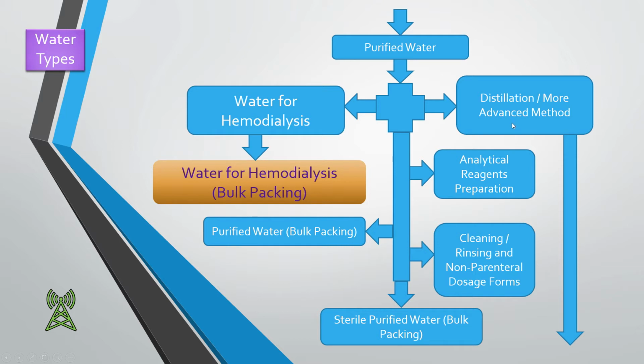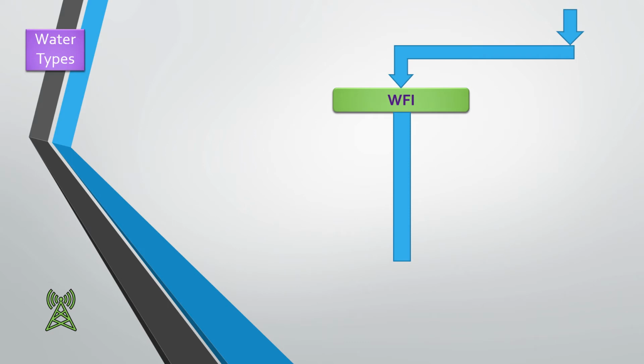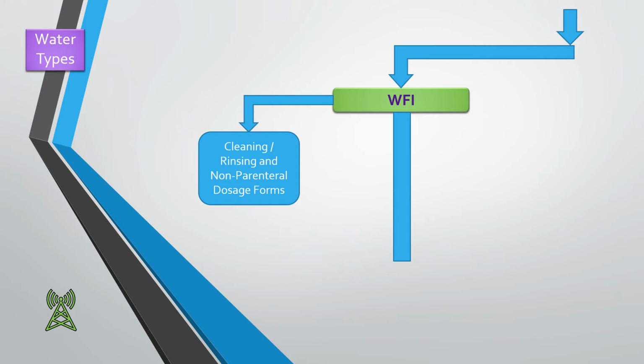This will be discussed in the lecture where we will discuss in detail the equipment and process used for the production of purified water and distilled water, WFI. So WFI, when produced, is used for the cleaning and rinsing of the